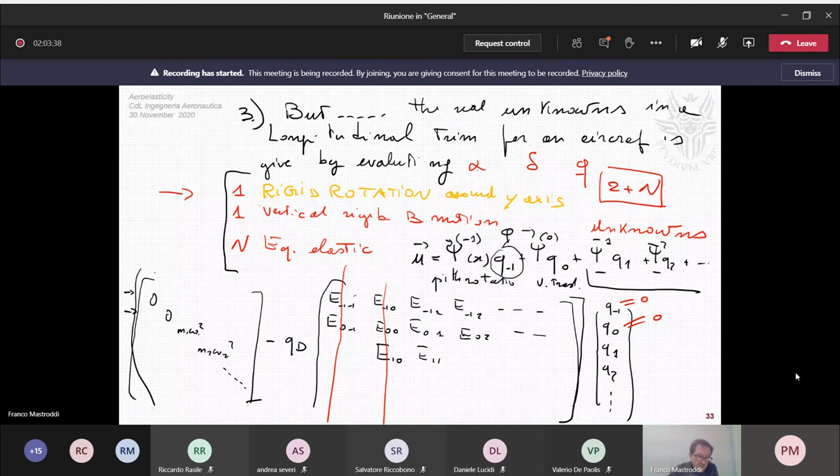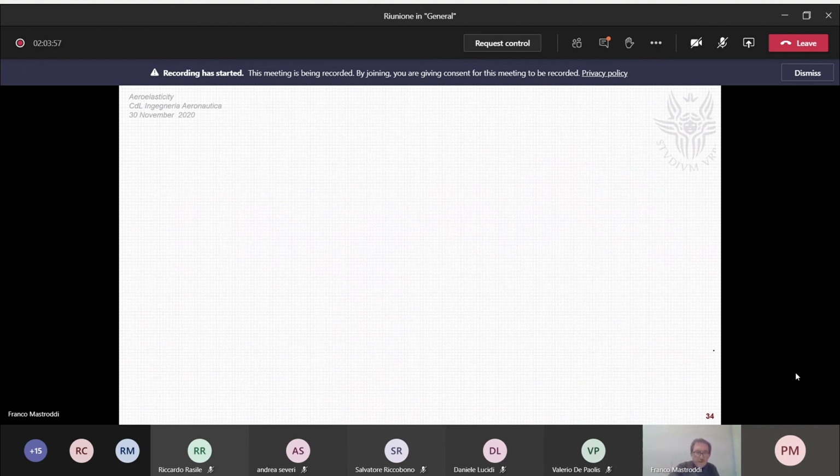In this case, we have 0 here in the model stiffness. However, this is equal to dynamic pressure, and please go to this other sheet, dynamic pressure,